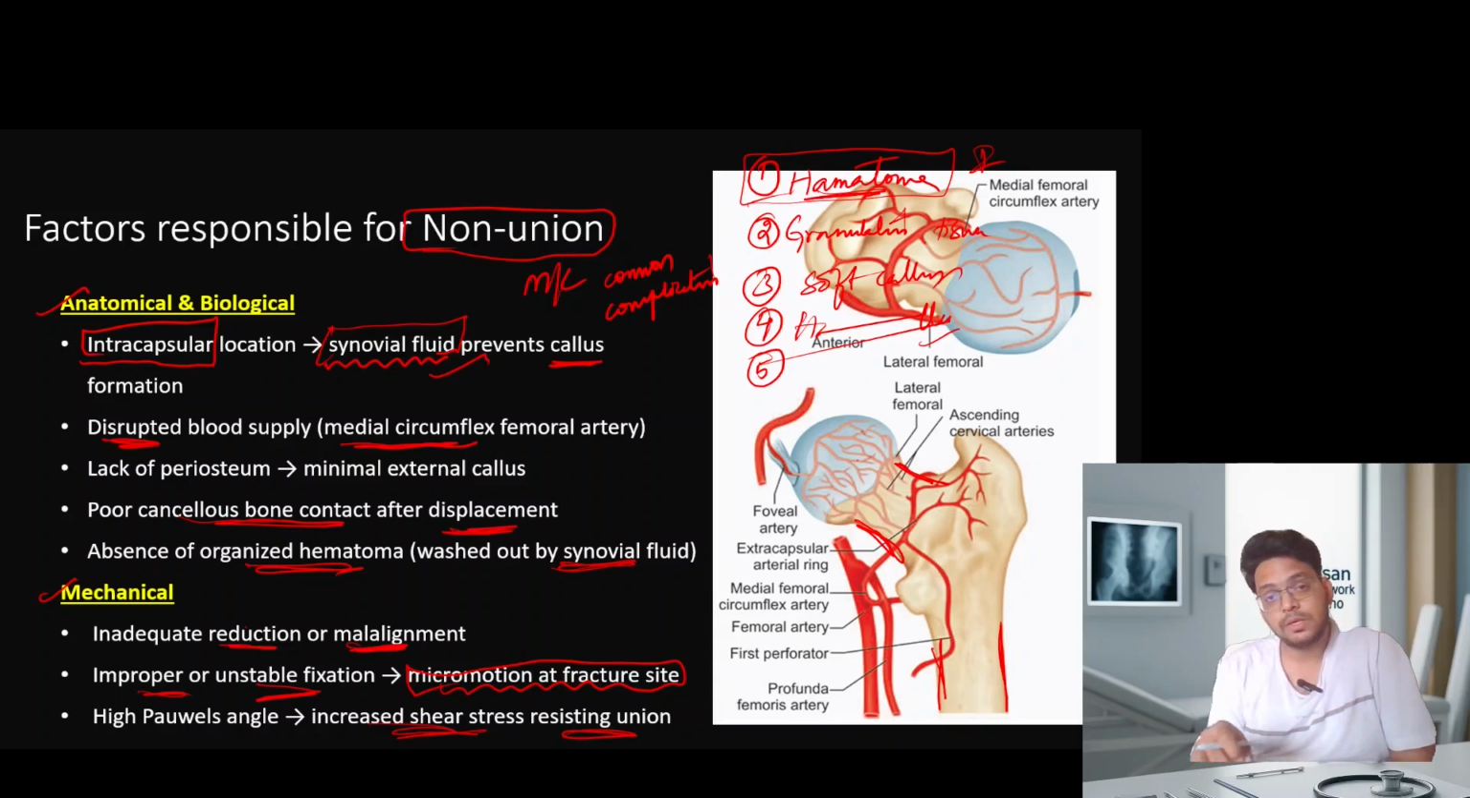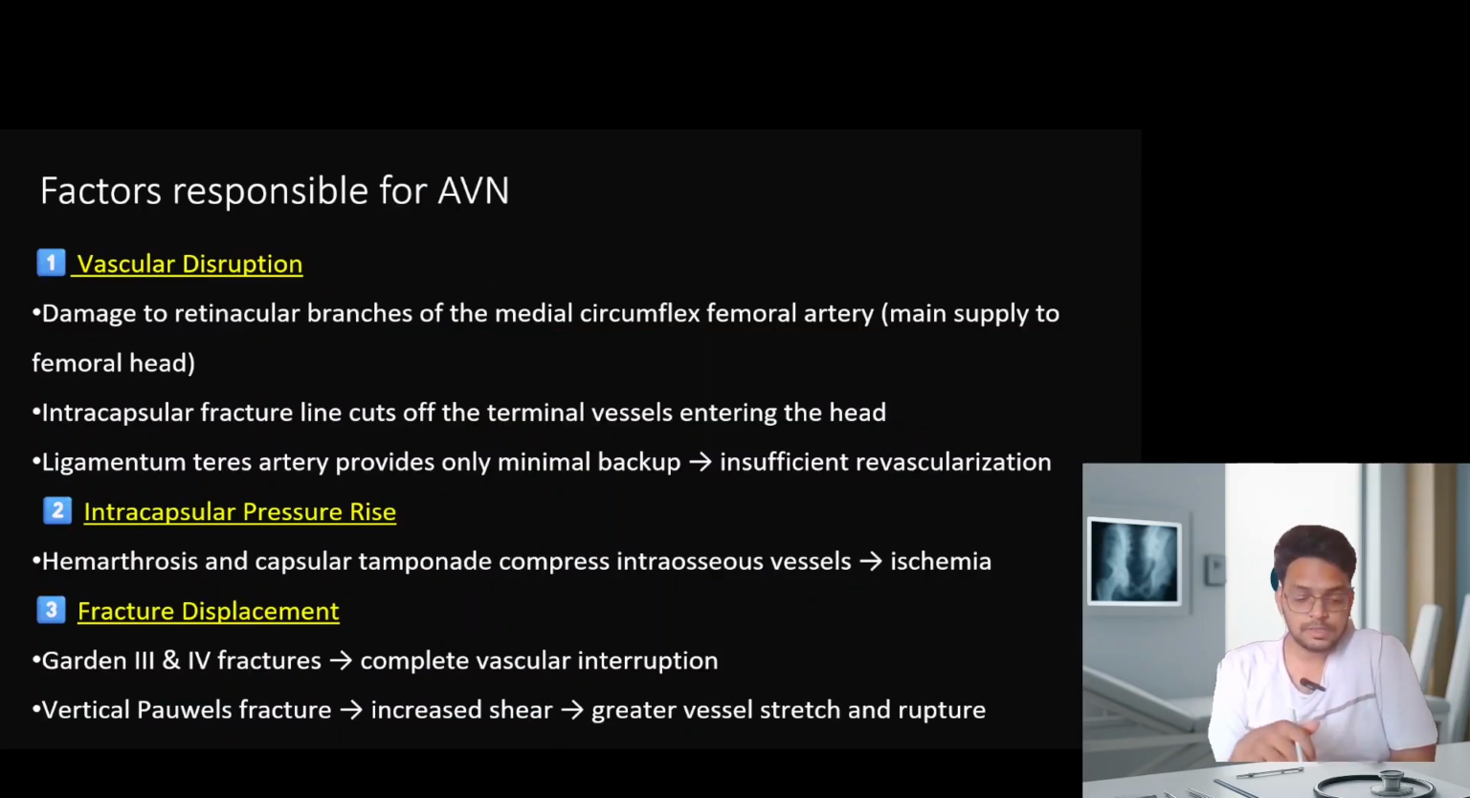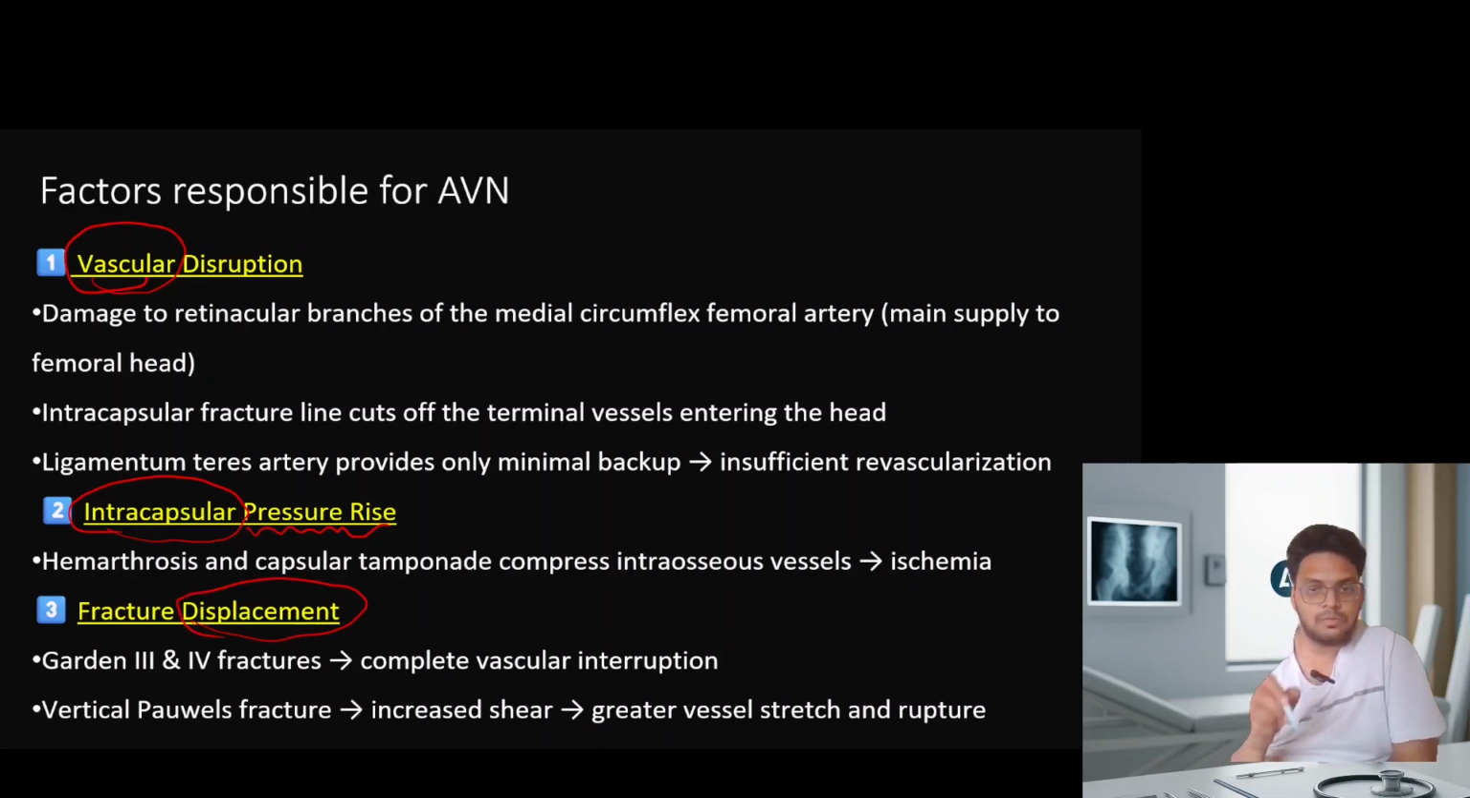Now, what are the factors that are responsible for the avascular necrosis of the femoral head? See, there are three main reasons. One is, as you have already seen, the vascular disruption. Then the presence of the intracapsular area, where there is an increased pressure that I will explain, and because of the fracture displacement. First, because of the vascular disruption, the retinacular branches, that is the ascending cervical branches of the medial circumflex